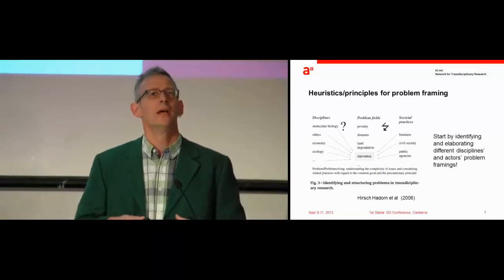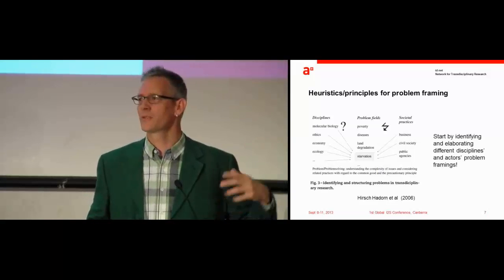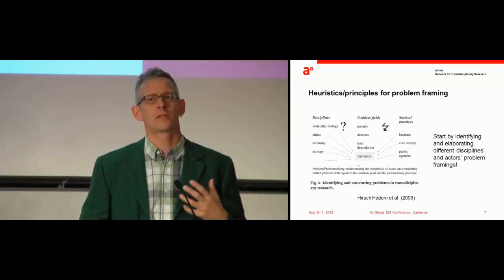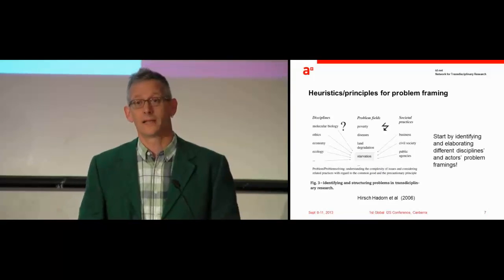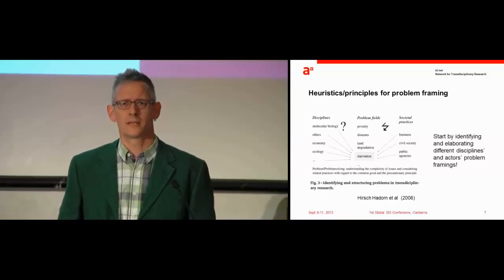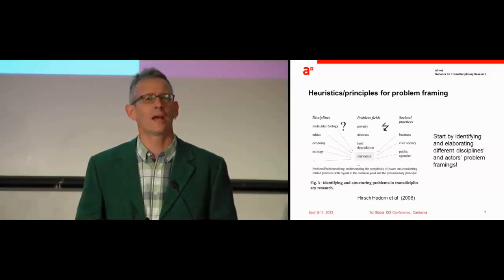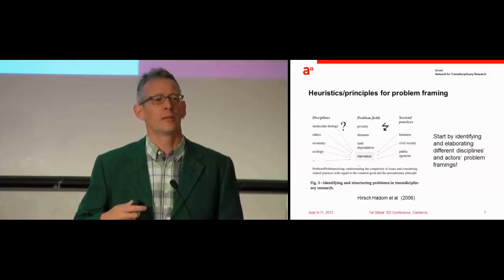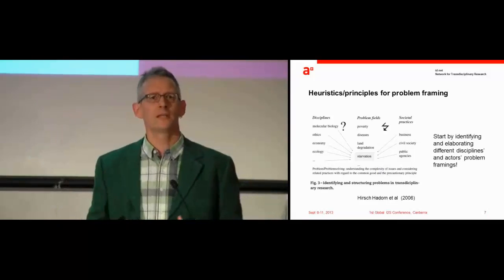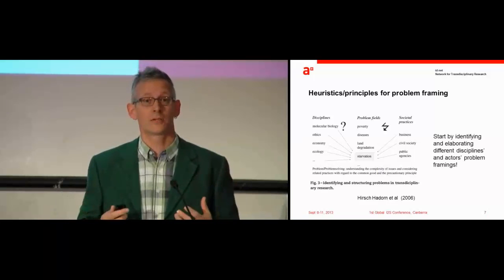In this picture you see the issue of starvation. So different disciplines would frame it as an economy of starvation, as an ethics of starvation, and so on. And different societal stakeholders would have different solutions in mind. NGOs could propose a grassroots movement to address the problem of starvation. Business could try to find some ways to make money out of it. And the government might decide to have regulation to fight starvation. So they all have different framings,